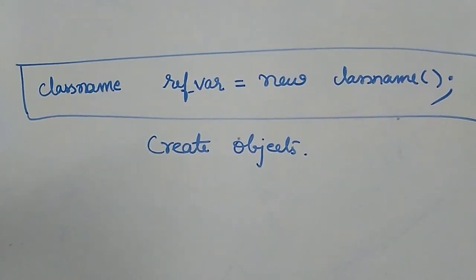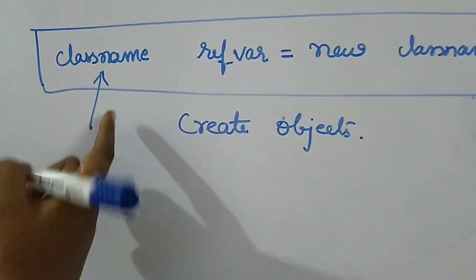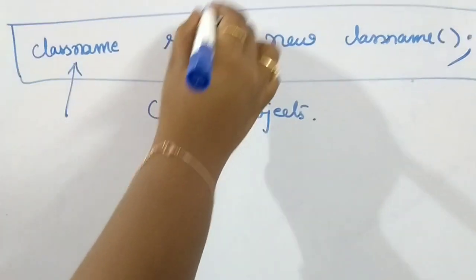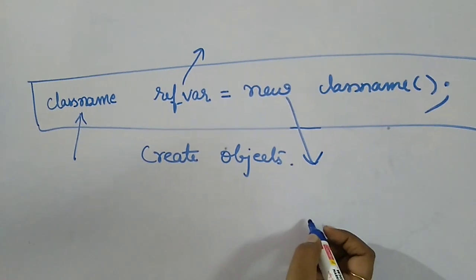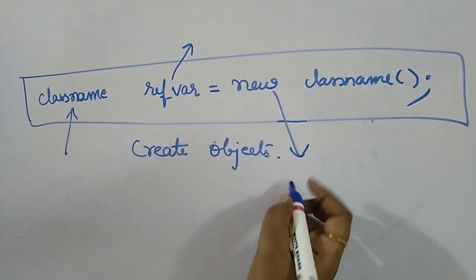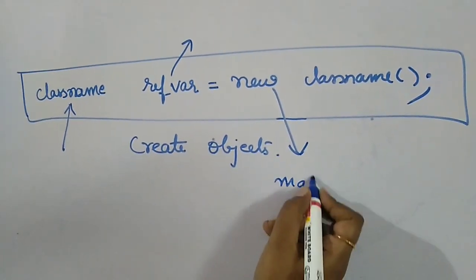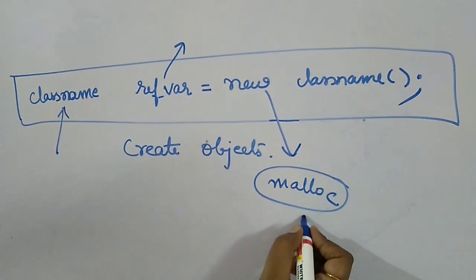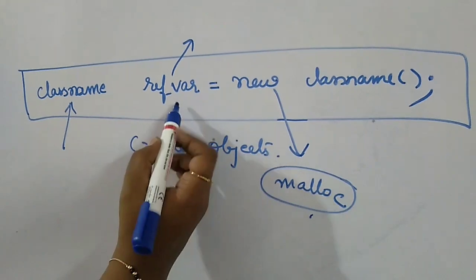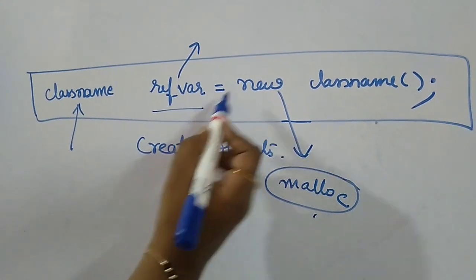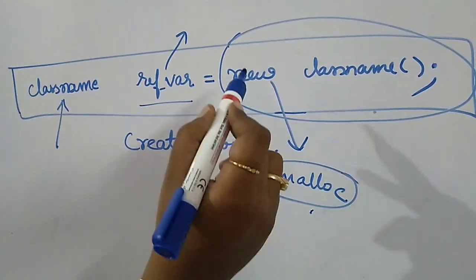Okay, right. So let us look into this. Now this is the class name. So we already know what the class name is. You will be putting it over here, and this is the reference variable name. Okay, so this new is the new operator which is used to allocate memory, which is used to create the objects. This acts like your malloc and calloc functions in C. So after allocation it will give the address, and the address will be stored in the reference variable over here. Only this part will create the object for you. The new operator will create the object for you.